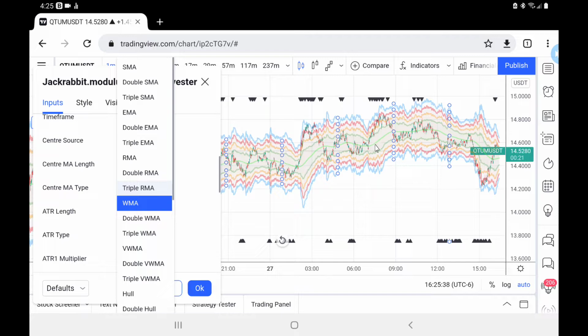Okay, weighted moving average looks good. The center line crosses quite frequently through the middle of the various candles. So now that we've got that,